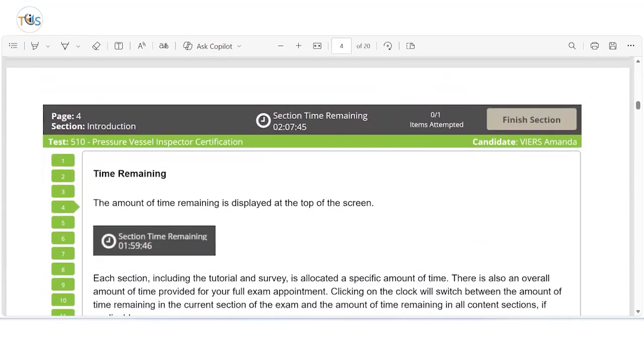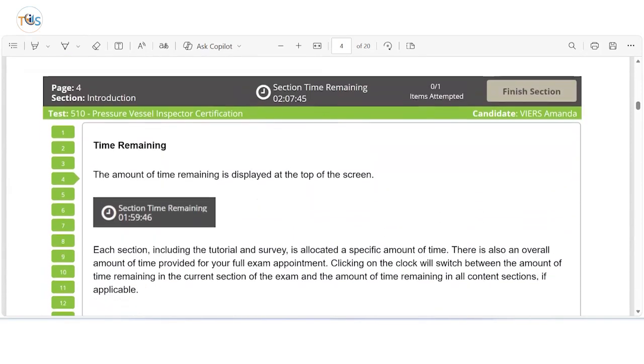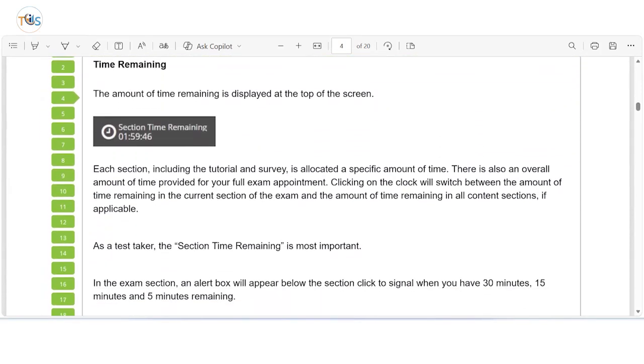Next, you can see the time remaining ticking on the top. You always see this. You cannot pause the exam. The minute the exam starts, the clock starts ticking, and it continues until the exam is concluded, completed, or finished. Either you run out of time or you finish the exam earlier by clicking finish this